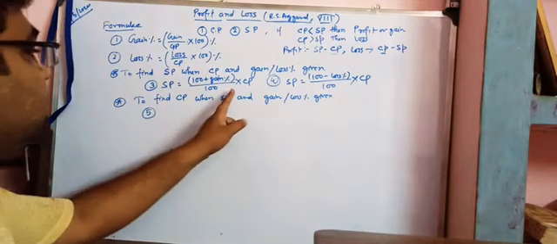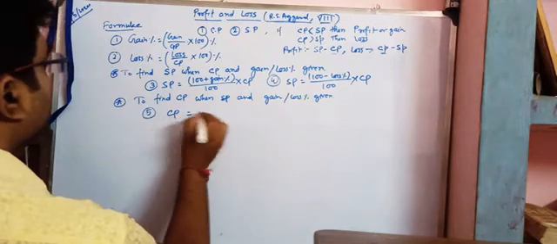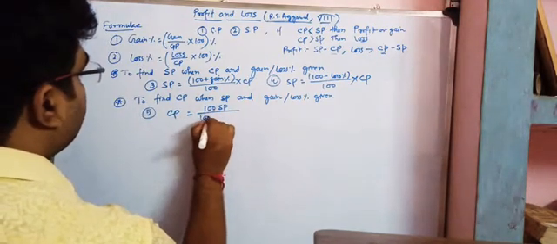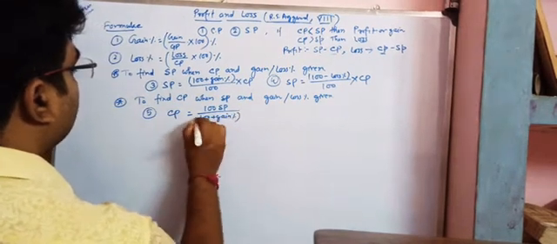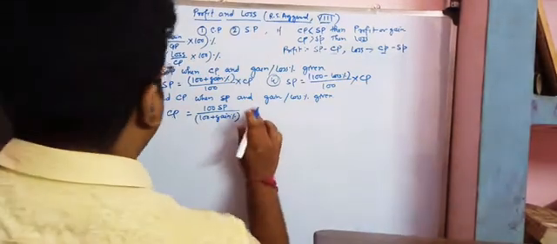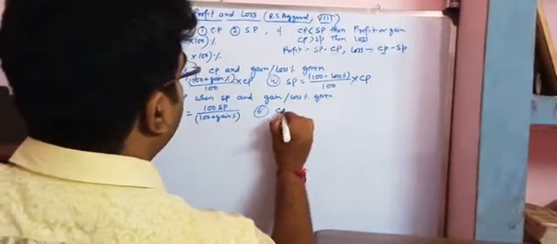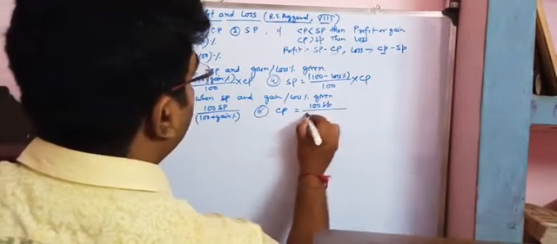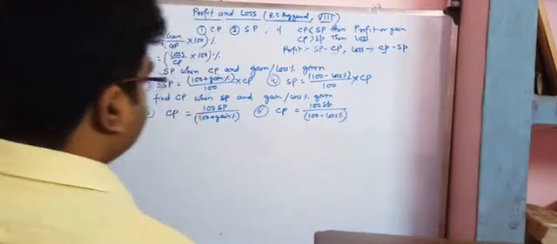Now from here we can easily compute that CP is equal to 100 SP by 100 plus gain percent. Okay, and for the loss, CP is equal to 100 SP by 100 minus loss percent. Okay,